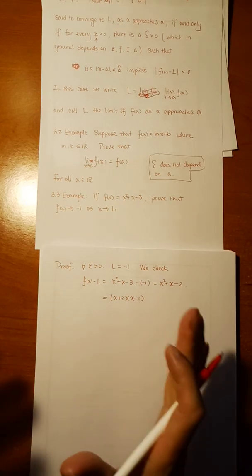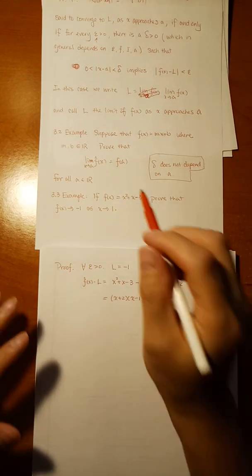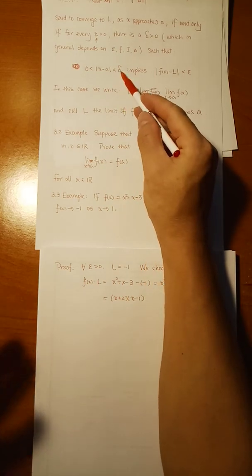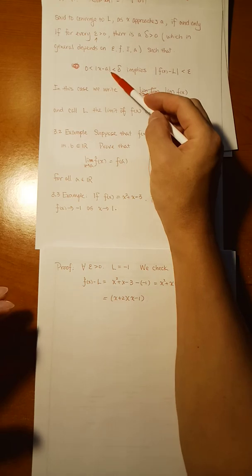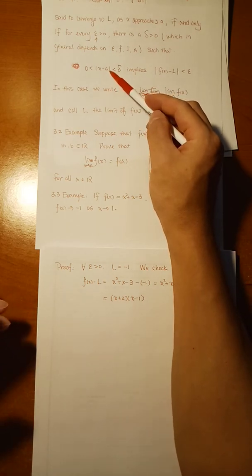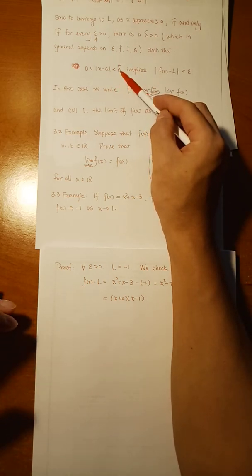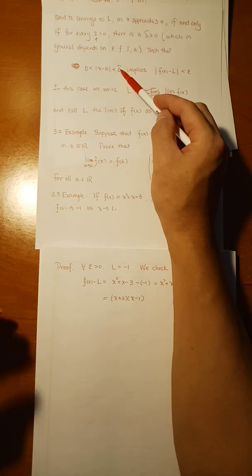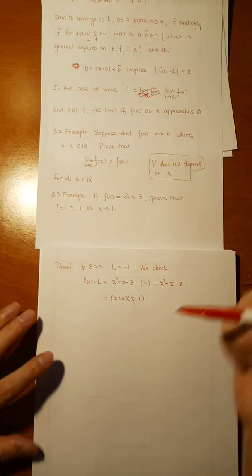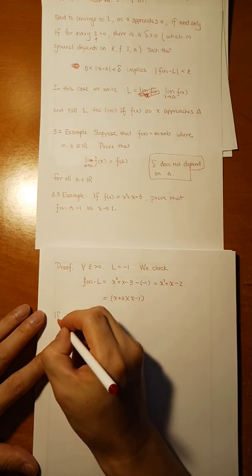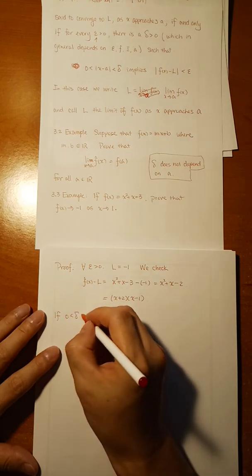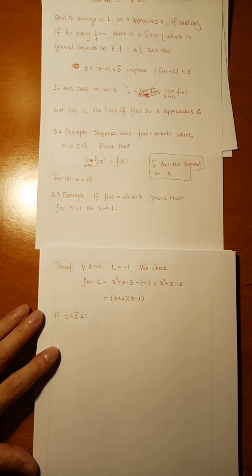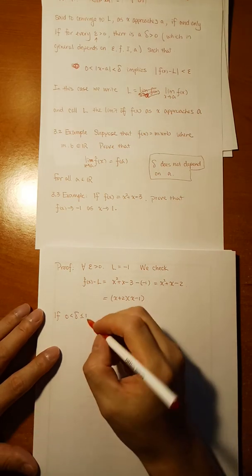Okay, now let's see. We are going to choose delta. Delta should be very, very small, right? We need the x sufficiently close to a. So delta represents "sufficiently close". So delta will be very small. So let's say delta is between 0 and 1.